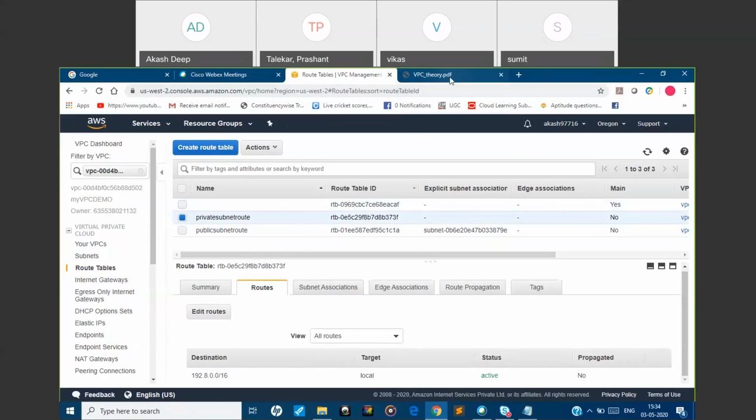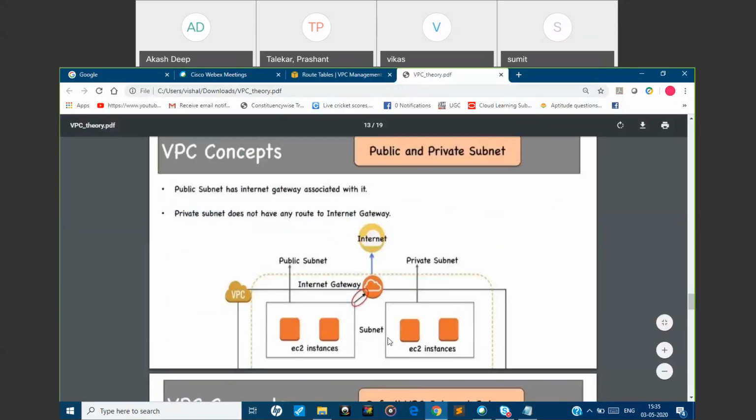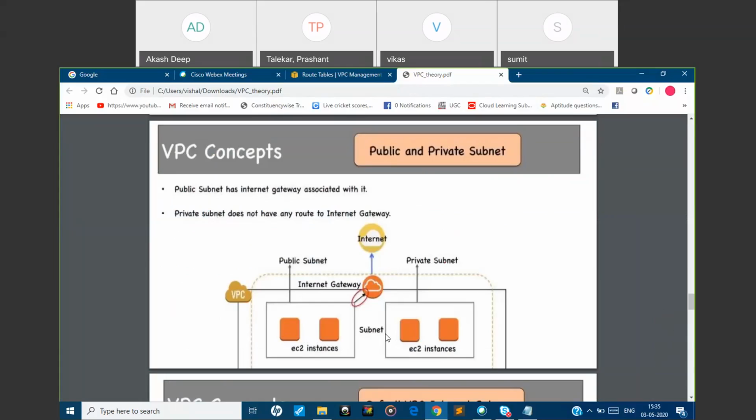As I told you yesterday, these all can access these two. Suppose the database is in the private subnet and your front end application is in the public subnet, visible to the public. There will be a connection between these two, and I will be discussing in detail what the types of connection are and how to establish all these connections. That is a little advanced topic, so I will discuss it from the next class. Before that, I will be discussing firewalls and all. Right after that, we'll go to this.